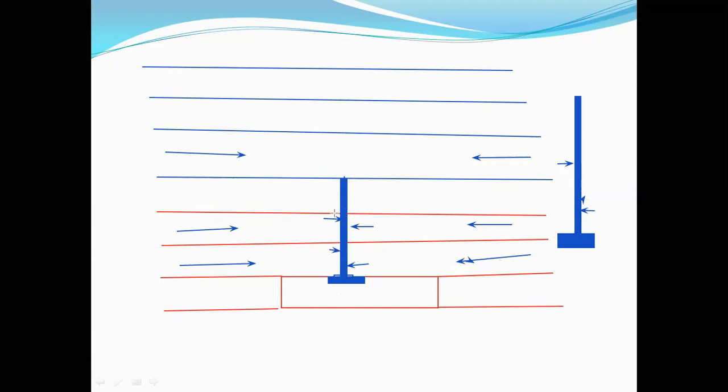Otherwise, due to these forces, it is trying to bend this one. Earlier it was vertical, right? It was like this. But if it bends something like this, it is trying to bend like this. But since it is a solid rod, it won't be subjected to some kind of bending.